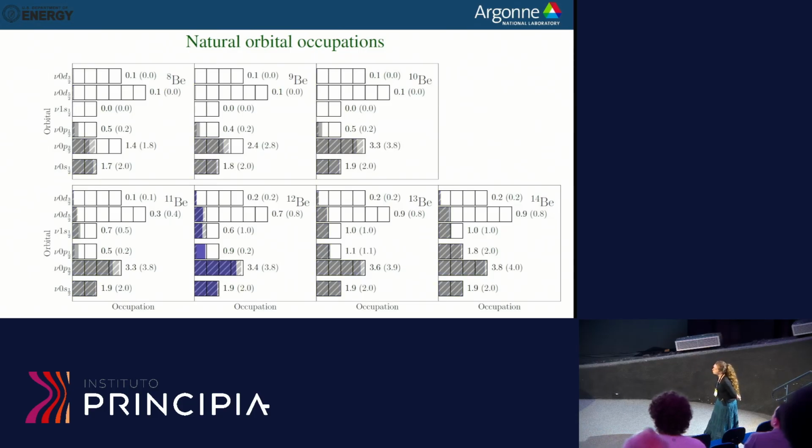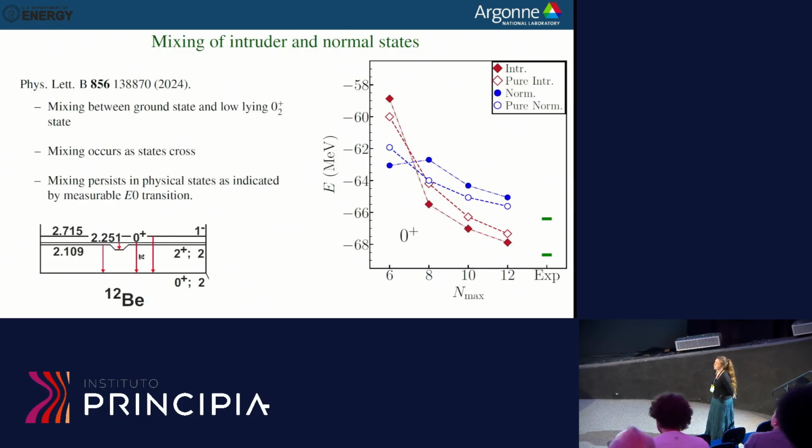Now, there's one case where this does not look good. In beryllium-12, I've got significantly more occupation coming out of the ab initio results in the 0p1/2 than I am expecting from a Nilsson picture. But this can actually be understood from the fact that beryllium-12 is a bit more complicated, and it has to do with the fact that the ground state is actually what would be called an intruder state in the shell model sort of picture, where you would have,